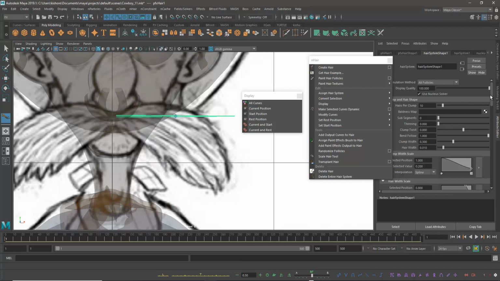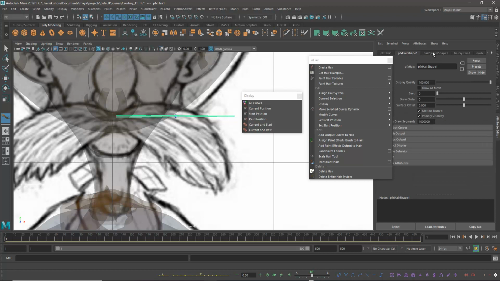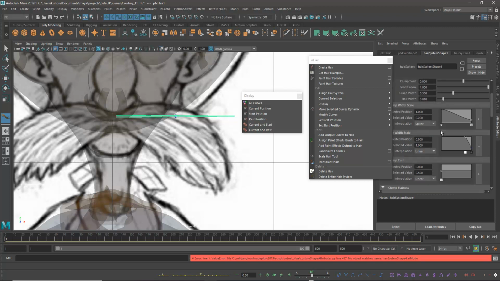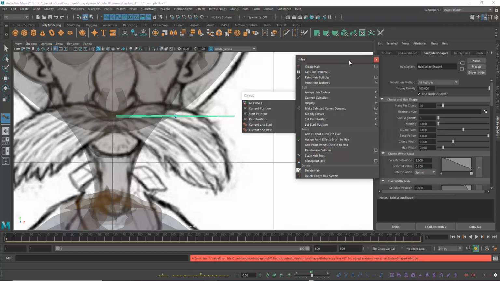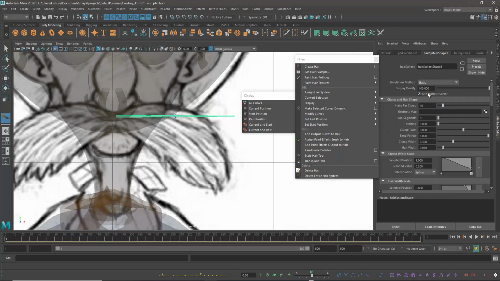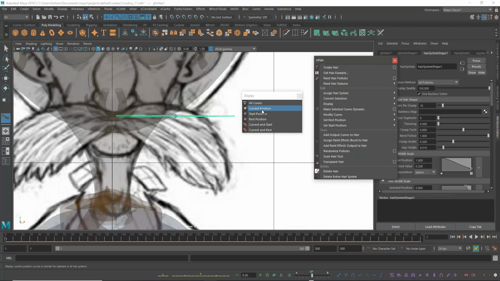If you enable this option, go to the hair shape, not hair shape, yeah, here itself you can see simulation method. Make it static, then you cannot animate, I mean, you cannot see that hair simulation, right. So here we are looking at current position, start position, rest position.